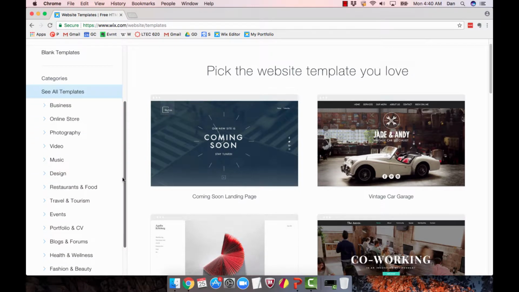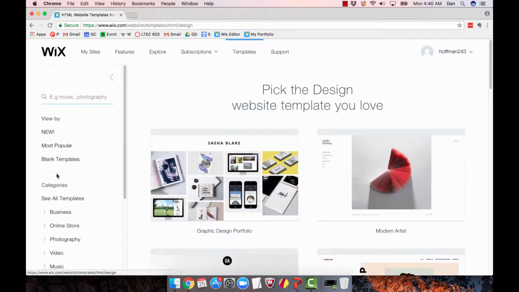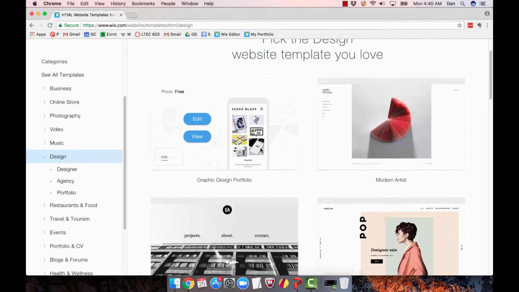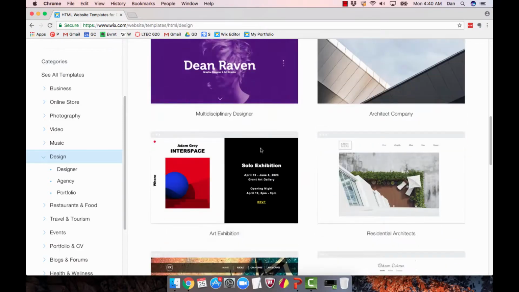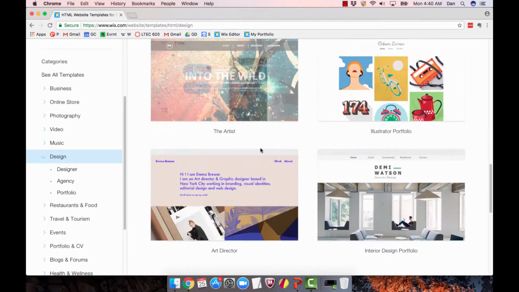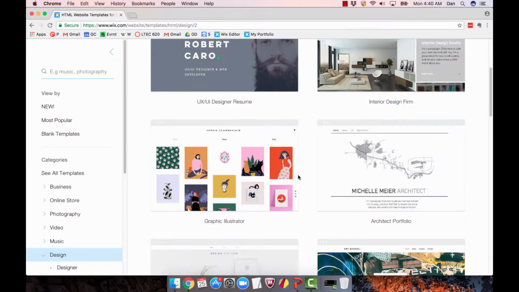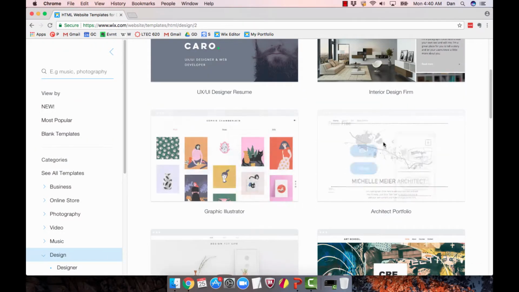Now, I've already done a little bit of homework, but I'm going to come over to the design area, and I'm going to scroll through and see what catches my eye, if anything. I'm going to kind of leaf through these, and I'm going to choose this one right here, which is actually an architect portfolio. And it's nice, simple, and clean, and I think it's something that I can work with pretty easily. So I'm going to choose Edit,